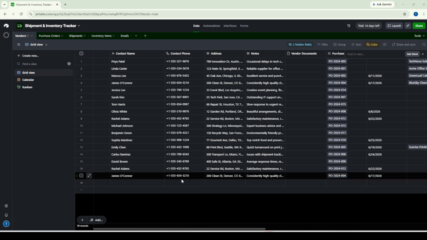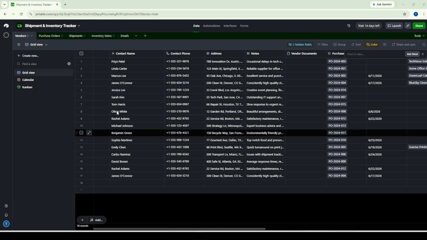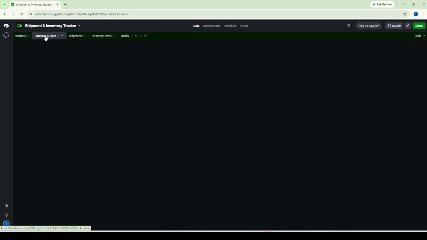Let's start with the first mistake, and it's a big one: cramming everything into a single table. I see this all the time. You open Airtable, you're excited, and you start creating one massive table with 50, 60, even 70 columns. You throw in every detail about clients, projects, tasks, deadlines, contact info, all in one place because it feels simple. But here's the problem. As you add more records, that table becomes unwieldy, slow, and incredibly difficult to filter or